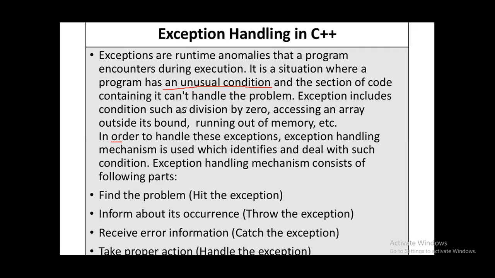Exceptions include conditions such as division by 0, the one that I have just shown, and accessing an array outside its bounds. For example, you have an array of size 10, but you decided to access element 11. Or running out of memory: your computer has limited memory, and suddenly you create a variable that could not find any memory. There are many examples, but you just need to understand the types of those. Now if I go to the next slide,